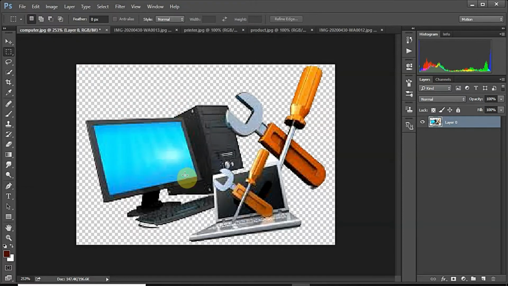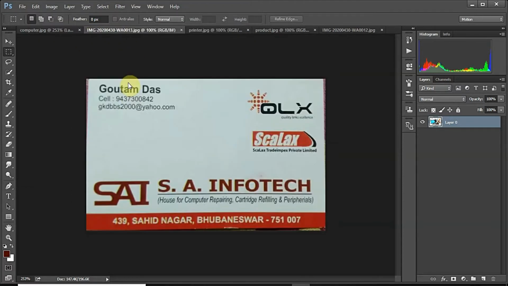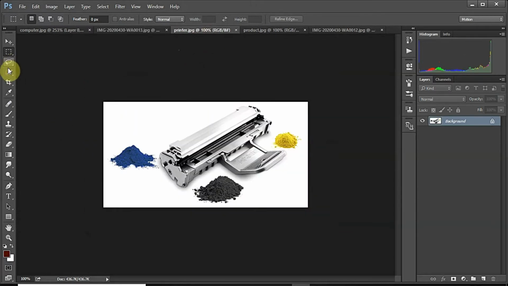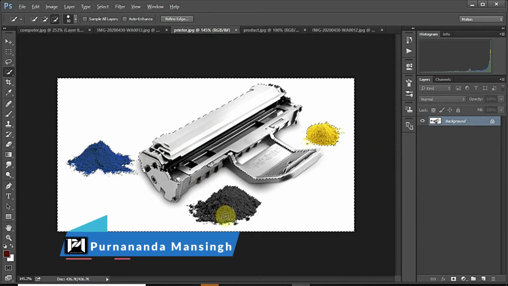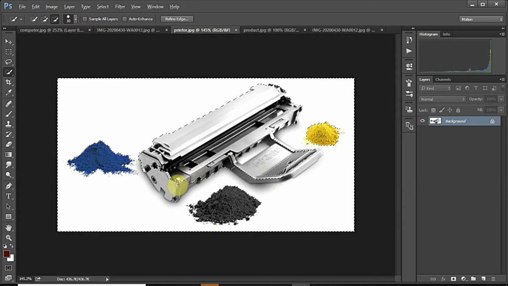So these are the prerequisites. Before you proceed to Illustrator, I have to perform all this cleaning process on these images. This is a cartridge refilling image, so I'm selecting all of it. See, by default it is selecting some part of the printer cartridge, so I unselected it using the Alt button from the keyboard, and using the mouse I'm deselecting the automatically selected parts that we don't require